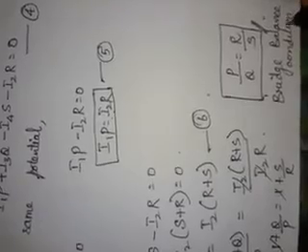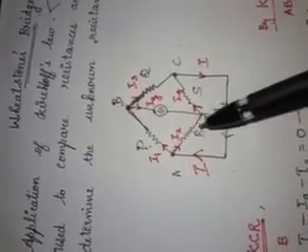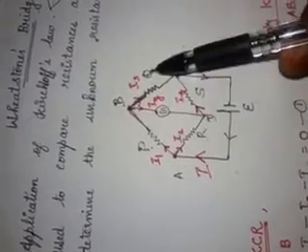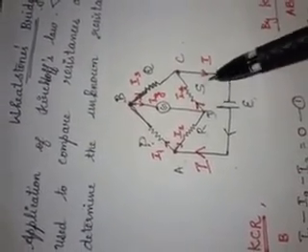Now looking at the diagram once again, that is P by Q. When you divide P and Q, that is the upper half of the resistors, and that should be equal to the division of these two resistors in the bottom. So P by Q is equal to R by S. Again I am telling, it's a very important 5-mark question.